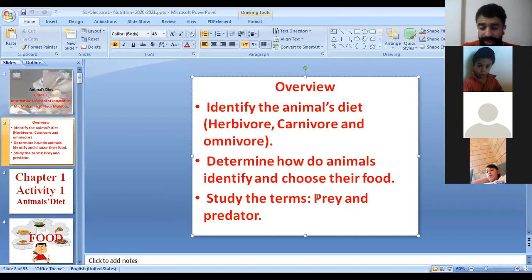The terms prey and predator. Prey is the animal that is eaten by another animal. Let's say we have a rabbit and a tiger. The rabbit is the prey since it's eaten by the tiger, while the tiger is called the predator. Okay,